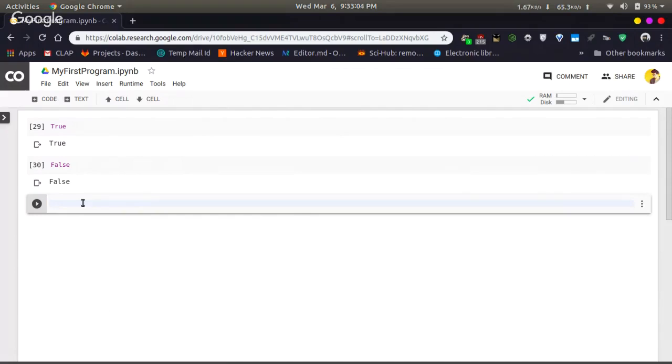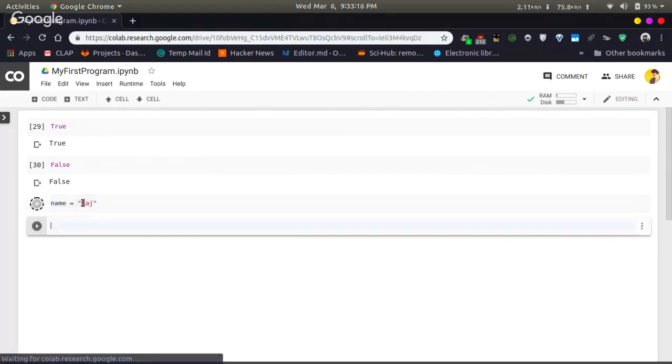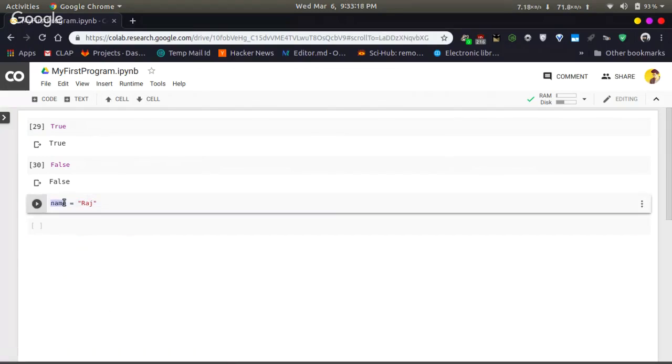A variable is an identifier. If you create a variable name and assign it Raj and try to run it, this name has got no predefined meanings. That is, it is not a keyword. It is something that you created. This is called an identifier.